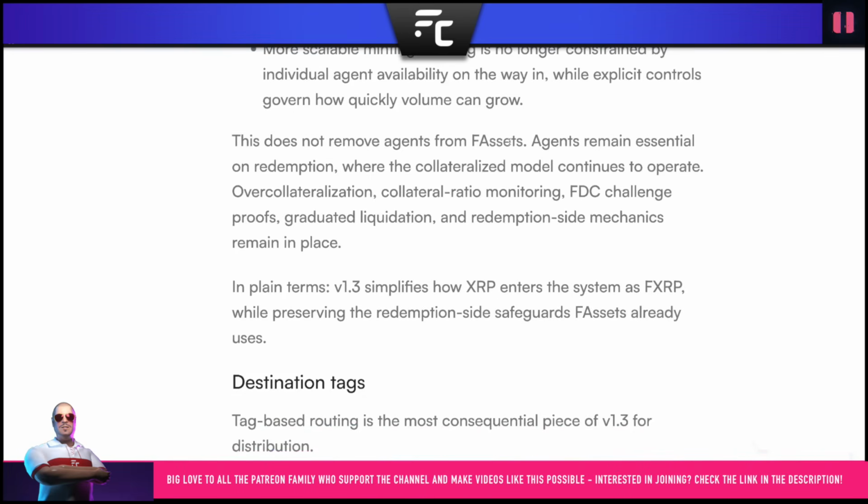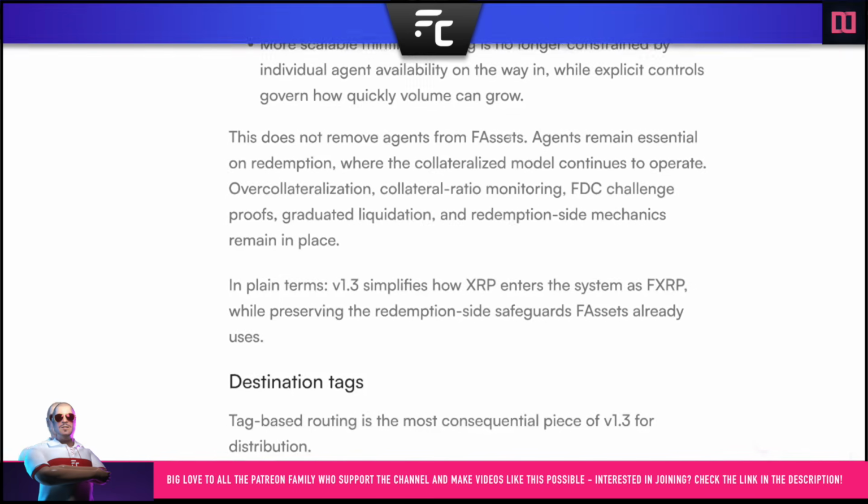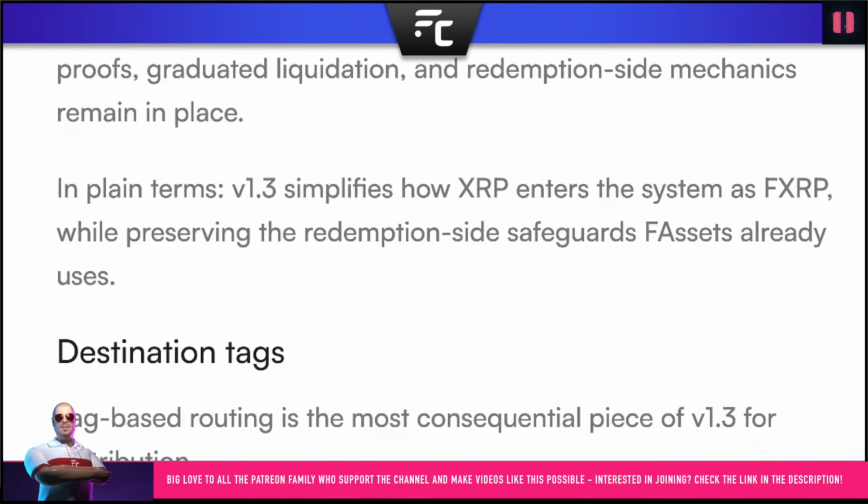So something to note here is that this does not remove agents from the FAsset system. Agents remain essential on redemption, where the collateralized model continues to operate. Over-collateralization, collateral ratio monitoring, Flare data connector challenge proofs, graduated liquidation, and redemption side mechanics remain in place. So in plain terms, version 1.3 simplifies how XRP enters the system as FXRP, while preserving the redemption side safeguards